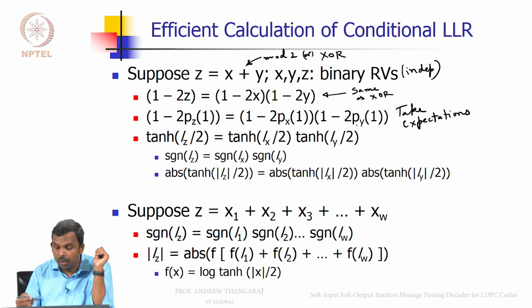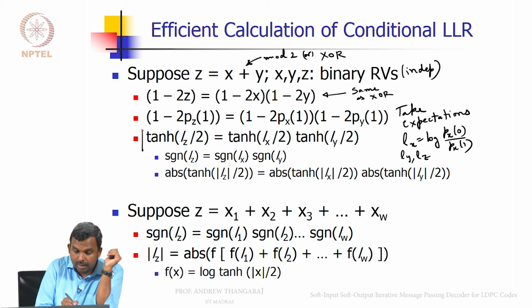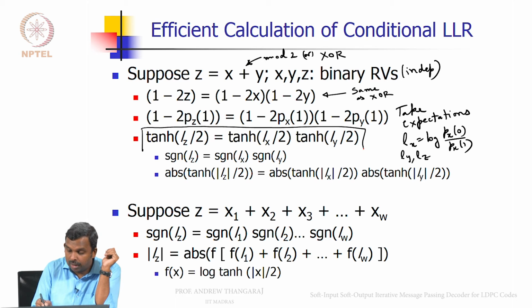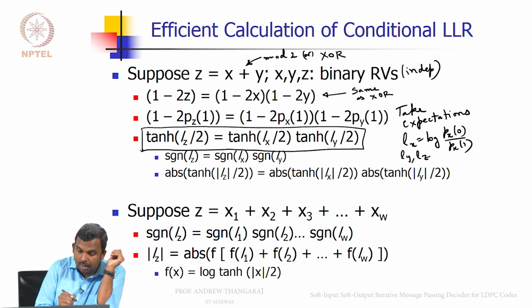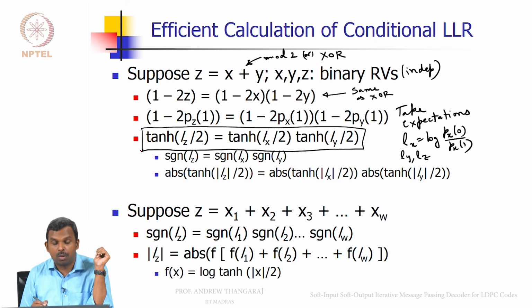Okay. Now, you can do this little bit of work here and define Lx to be log of Px of 0 by Px of 1, and likewise for Ly and Lz also, and you can show that this is true. This is a result I showed earlier on with tan hyperbolic. This is the crucial result here: tan hyperbolic of Lz by 2 is tan hyperbolic of Lx by 2 times tan hyperbolic of Ly by 2,